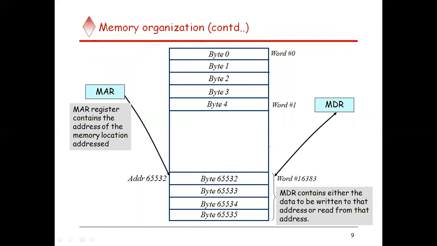Already we know that the MAR will be holding an address. So which address will it be telling? The byte address of this word, say 65535. That address only, the processor will be telling the memory. So the content present in that particular word will be taken to the processor, or if it wants to write something from the MDR, it will write the content in this particular word. So just the starting address will be mentioned by the MAR.